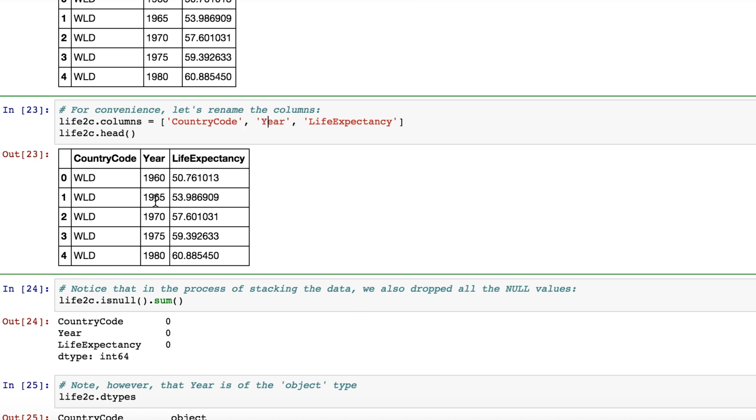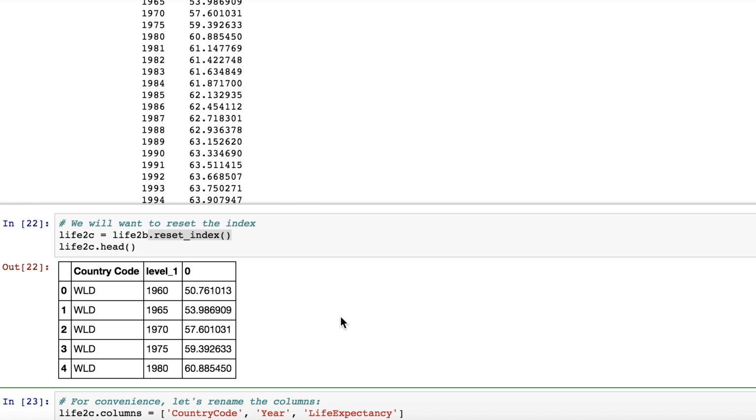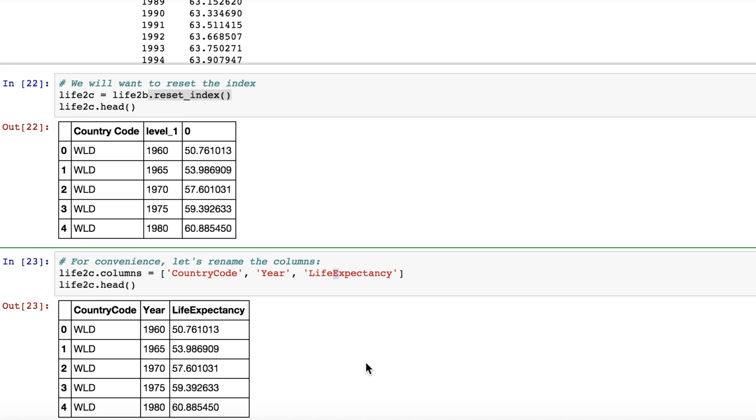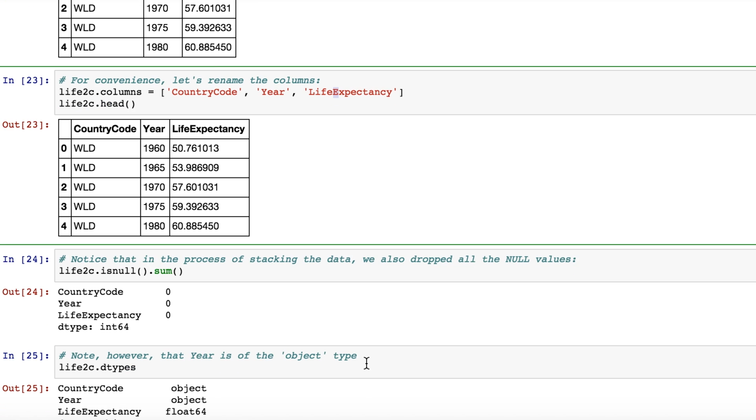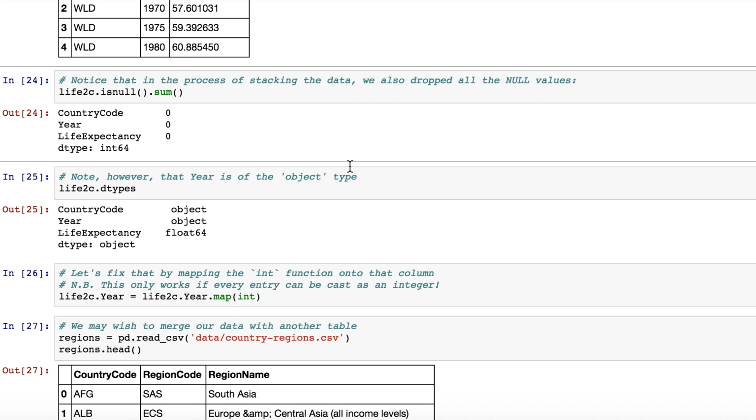I'm going to label this second column year, and I'm going to label the third column life expectancy, and I'm going to maintain this camel case convention. No spaces, capital E for expectancy. All right, so that's all nice and good. Let me go ahead and run those. I'm not sure if I ran them already. And then